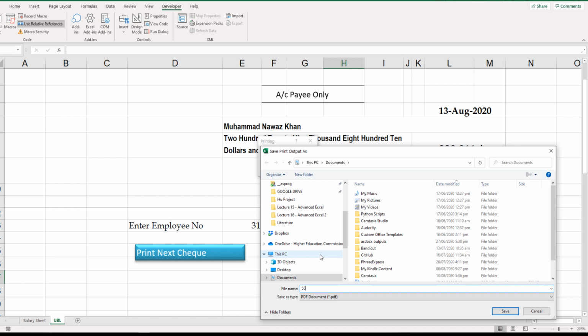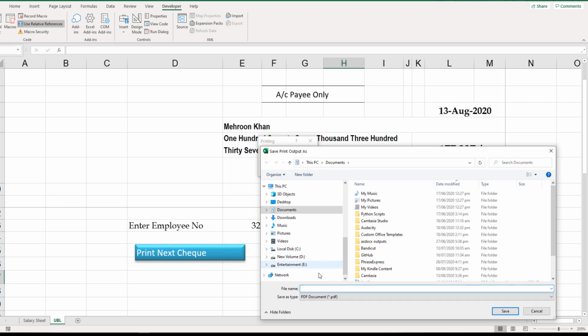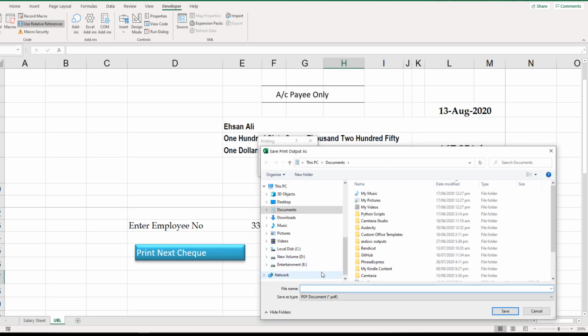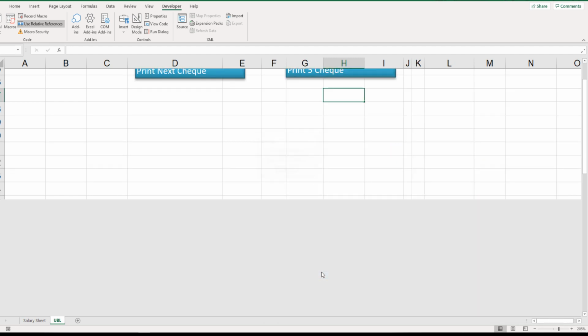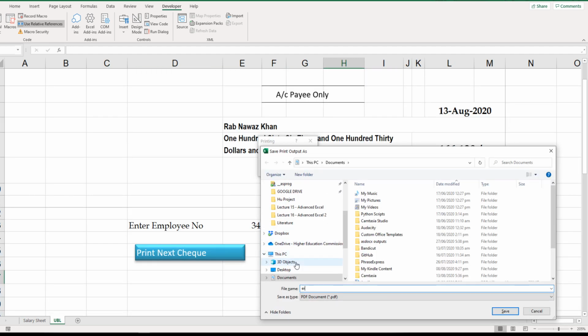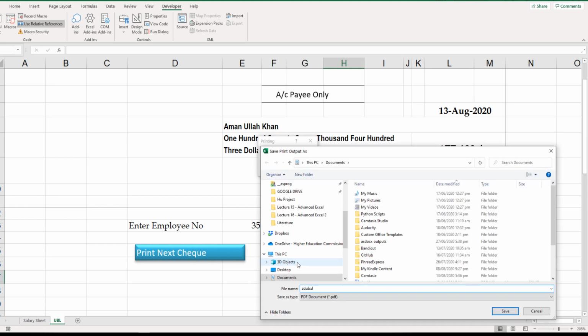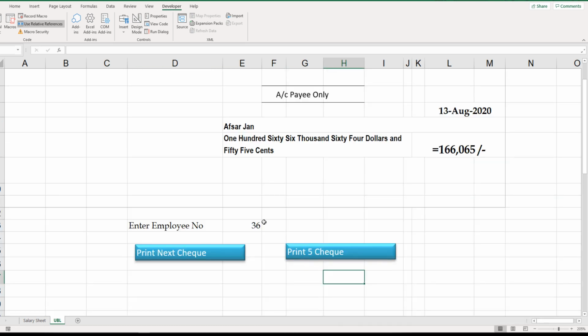If you want to check 5, so click on this one. So 1, it will ask for the next one, and then it will ask for the next one, and next one, and next one. So 5 prints were checked at the same time.